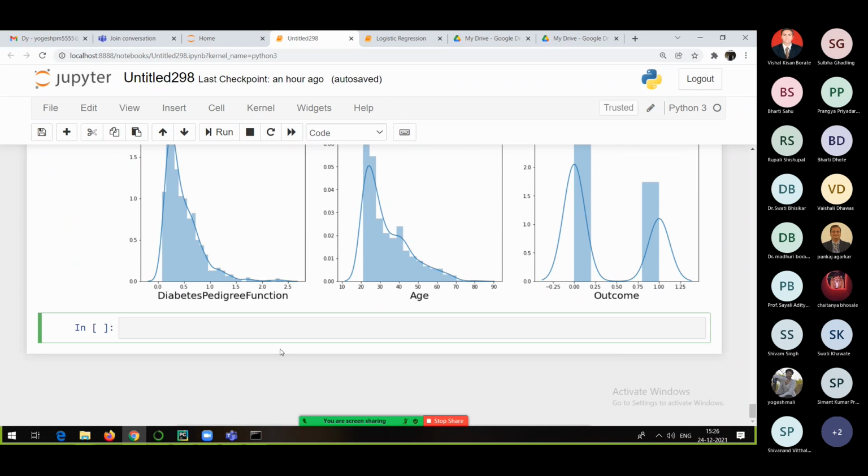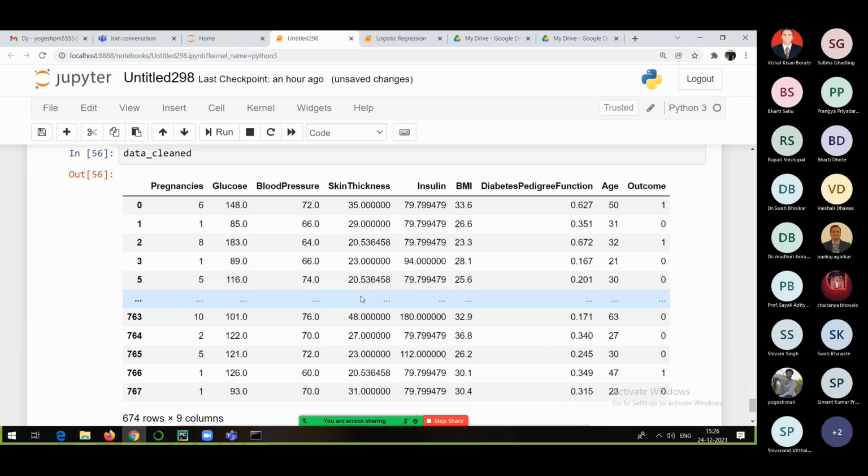That is for sure. So what we'll do is we'll divide our data into input and output. So see everyone, data_cleaned, this is what I will be making use of now. Okay. In data_cleaned, everyone, you can check that I have the output column. So everything I have, right?